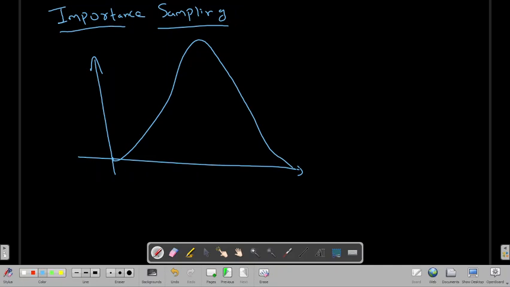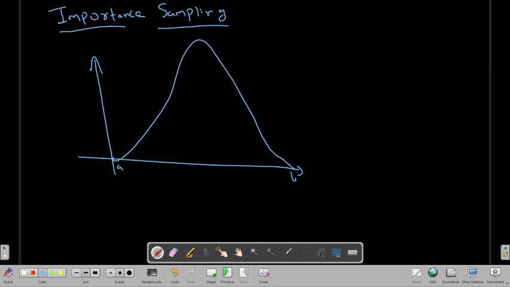The traditional Monte Carlo method suggests that you generate a lot of random numbers between A and B and try to find the value of this. That is valid, but as I have told you, it is a very computationally costly method.